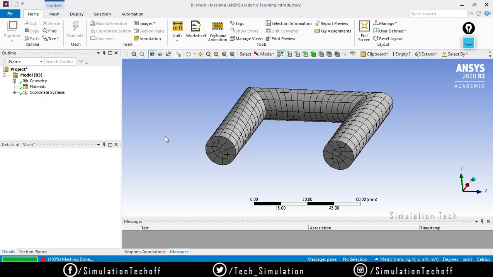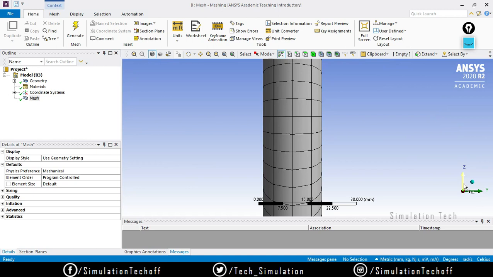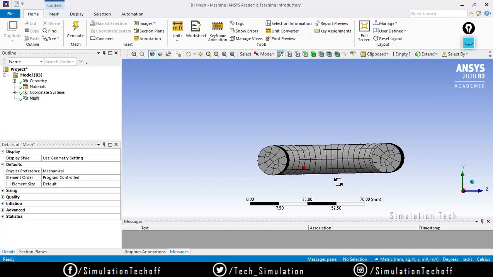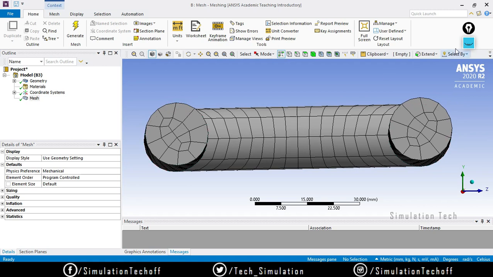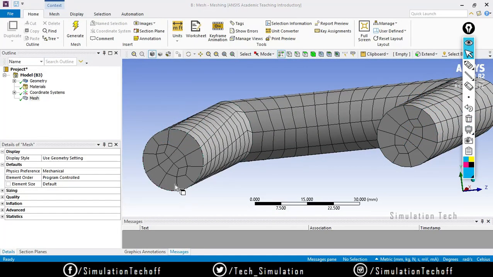So when I try to generate a mesh, you can notice that this mesh exactly matches with it. So this exactly matches with this, right? And also this. So it just sweeps that way. For now the software actually uses the sweep method. So that is why it's created like that.